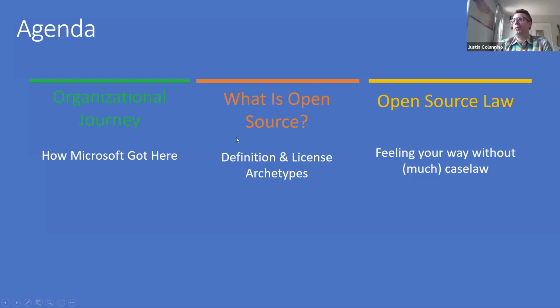But I went and I met the people there, and they were people who had been working in developer tools for a very long time at Microsoft, from the legal side supporting that business. And I met them, and they were absolutely serious about what was going on and the change that they saw Microsoft needing to make. And Microsoft, I think, learned from the past and has been embracing the future of being an open source company. And so with that, let's cut back into the presentation for a minute, and let's talk a little bit about what Microsoft is looking like now, and how we got where we're going.